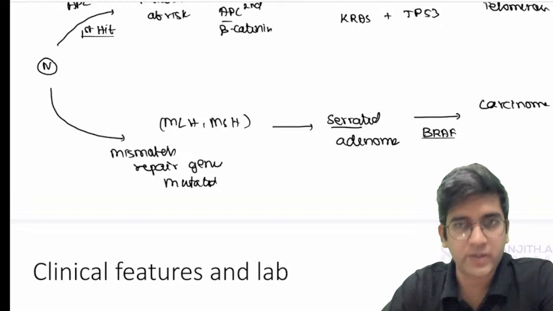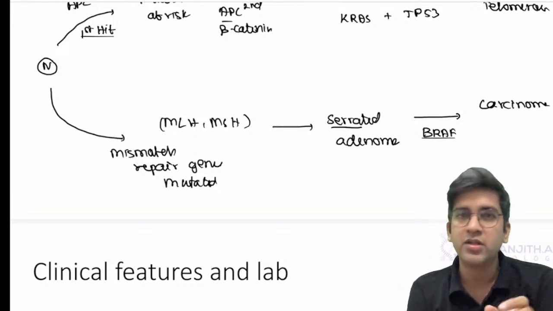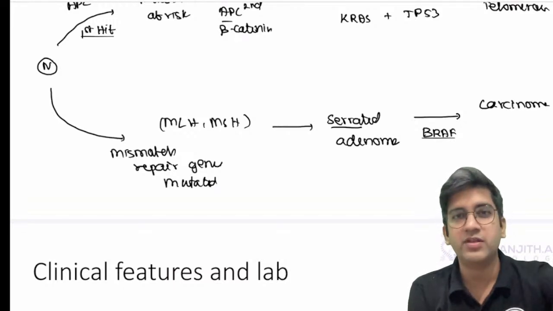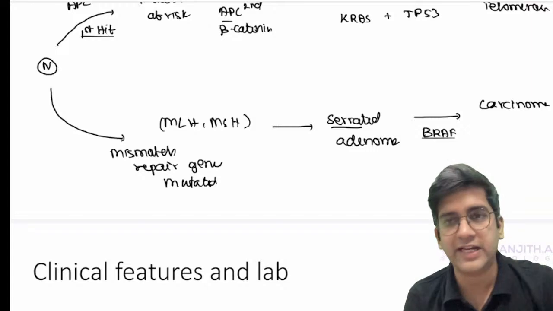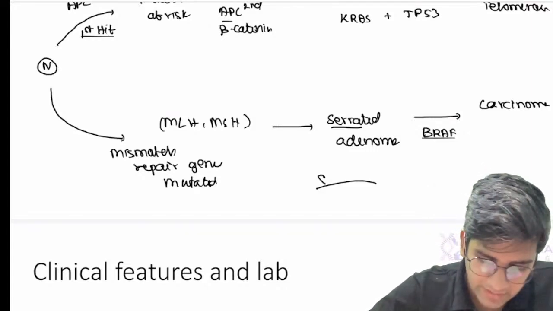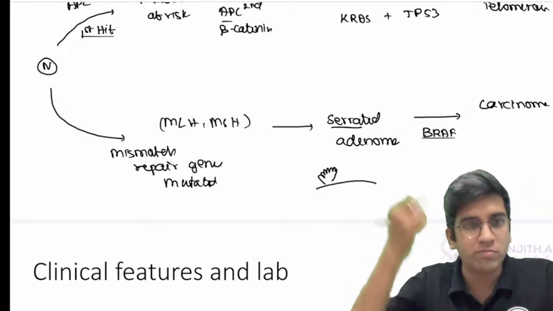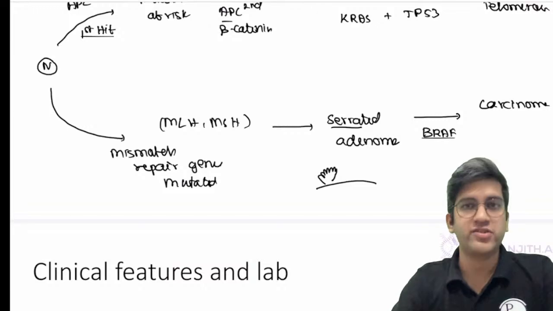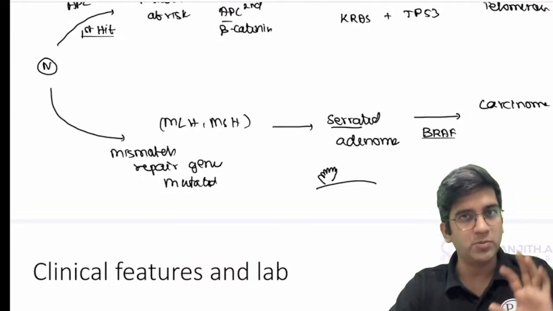The sequence is required because the adenoma carcinoma sequence was first established in colonic cancer. Then only we did the same thing for gastric, for prostate, multiple places. We extrapolated the adenoma carcinoma sequence. Serrated adenomas, the tumor has serrations. Microscopically, it will be like a comb, serrated. So we call it a serrated adenoma, right? That's why it's called a serrated adenoma, fine. Okay. So we know about the pathogenesis, we know about the etiology.